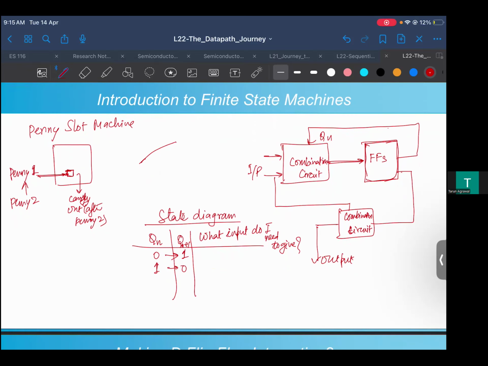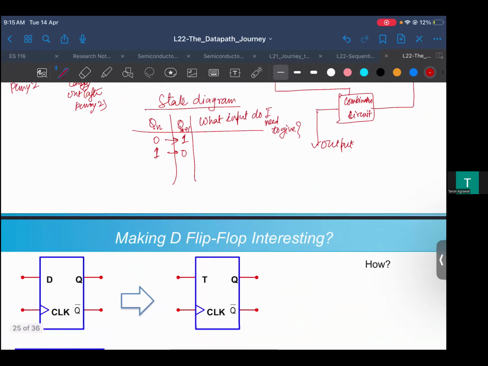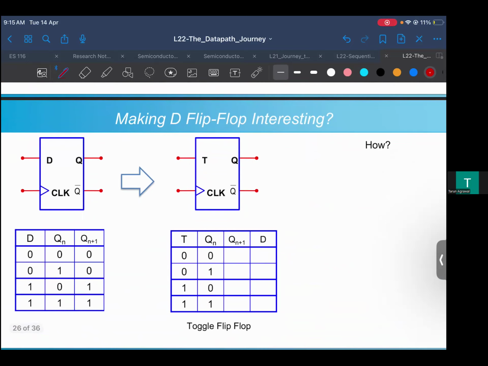So let's see some examples for doing that, through which we can also figure out other kinds of flip-flops which exist, not just this. So one interesting thing is this D flip-flop which we have already seen: when the input is 0, irrespective of what your qn is, your output is 0. That is what we have seen. Very direct. And when the input is 1, irrespective of what your qn is, your output is 1. That is effectively what we saw in the D flip-flop, and this is happening at the positive edge of the clock,